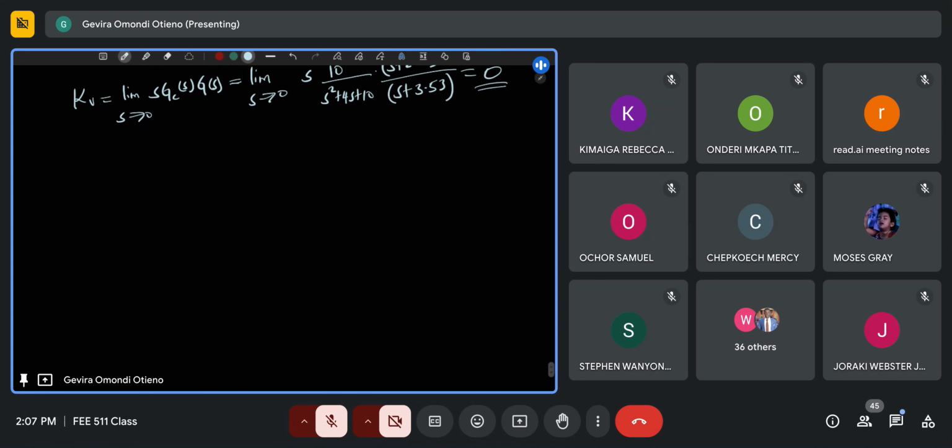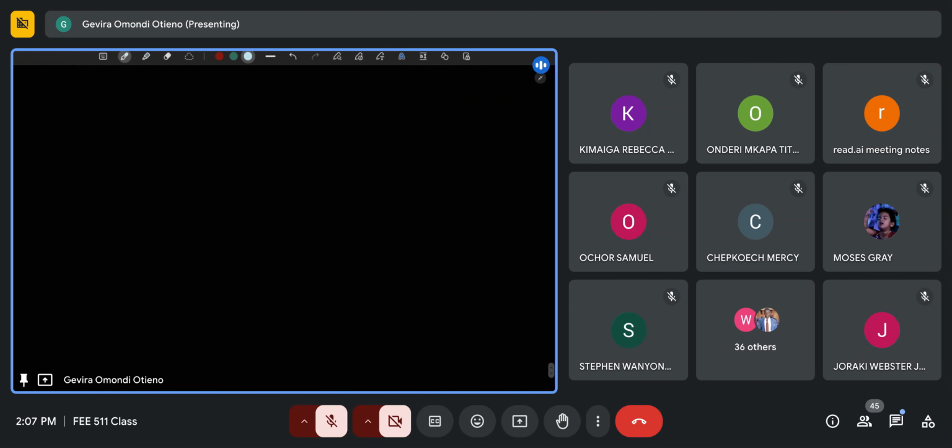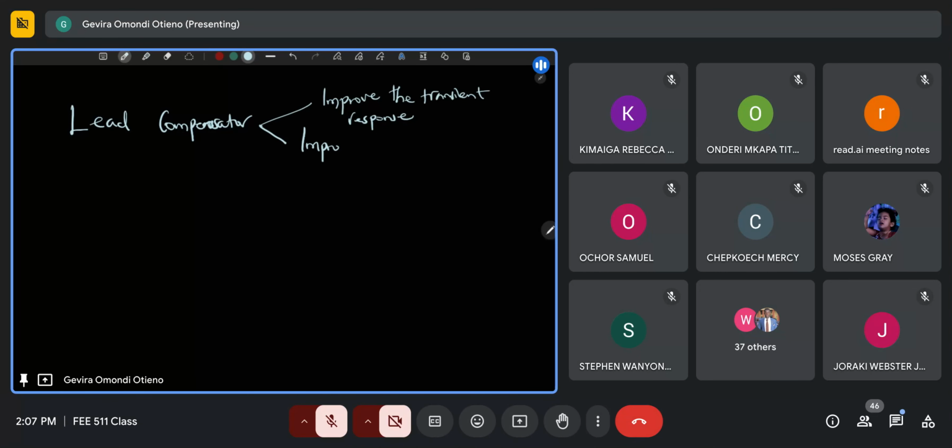So far, ladies and gentlemen, we have talked about the lead compensator, and we have agreed that the lead compensator, especially for those who have been keen, has only 2 main goals or objectives. The lead compensator is used to improve the transient response. Okay, the settling time and all that stuff. It is also used to improve stability. These are the 2 main objectives